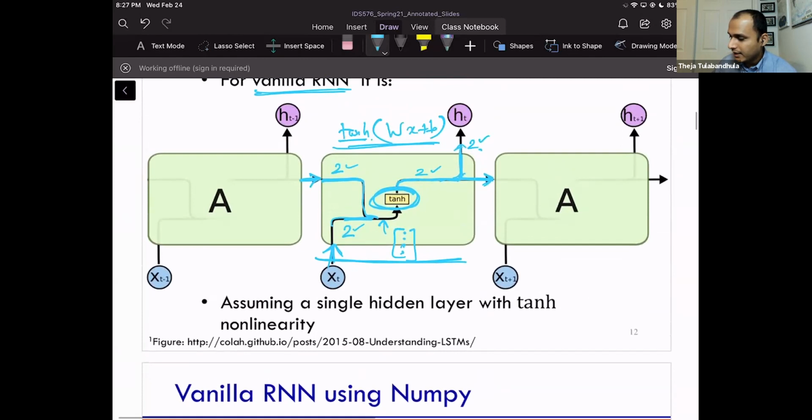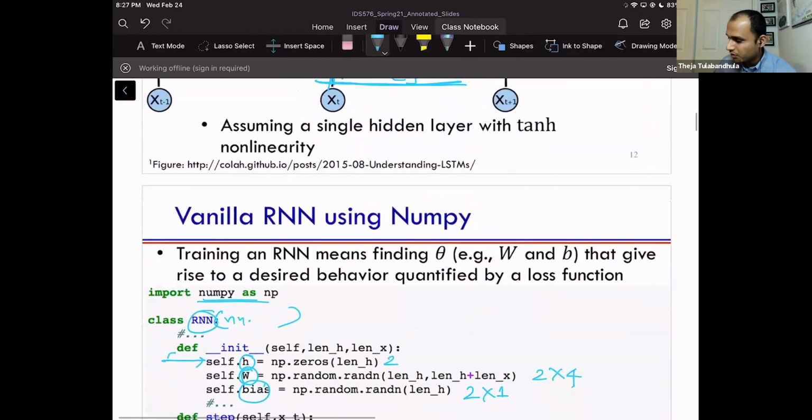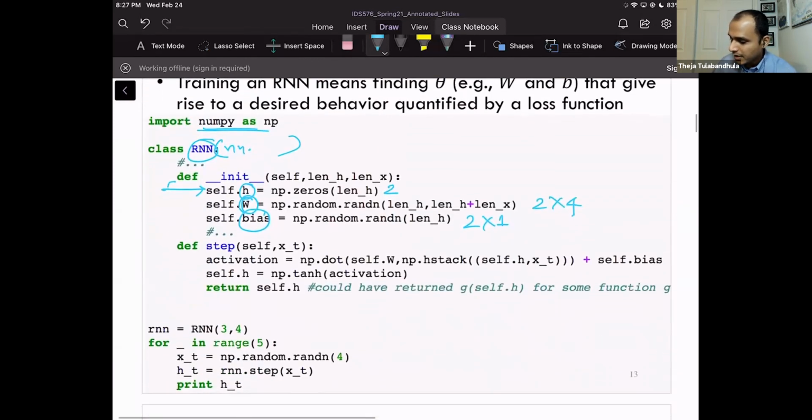Here I said there's a Wx plus b, right? So I'm just using those examples here. There's going to be a hidden vector, a W and a bias. W and bias are going to be parameters which I have to tune. I'm also remembering the h. Why am I remembering the h, or the hidden output? Because I'm going to call this function many times, so I need to remember the state, and this is one way to remember state in an object. You have to have a field that says, what was the previous hidden value?